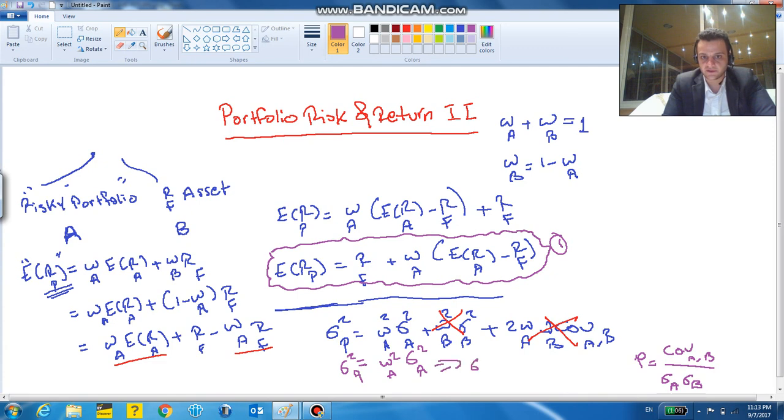So the sigma of the new portfolio is weight A multiplied by sigma A. Now I want to isolate weight A from this formula, so weight A is sigma portfolio divided by sigma A. Then I want to substitute this in place of weight A right over here. So we're left with now the